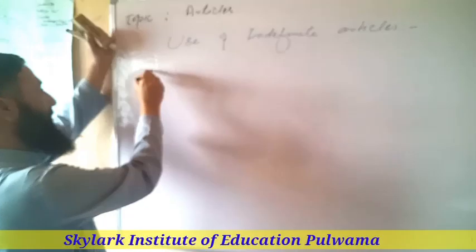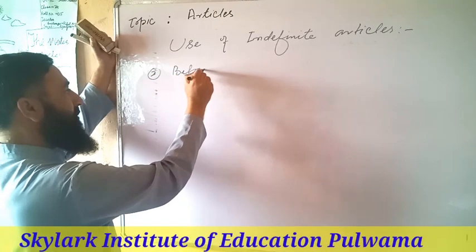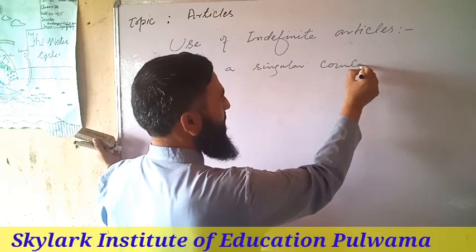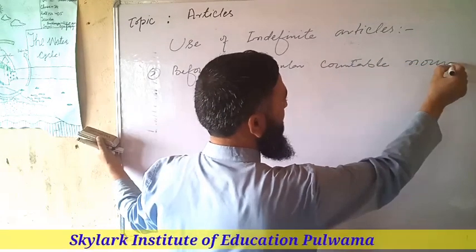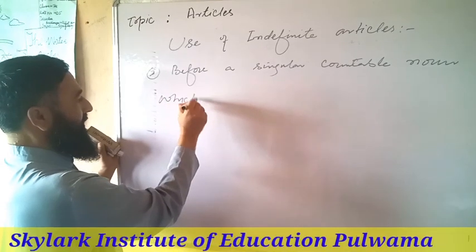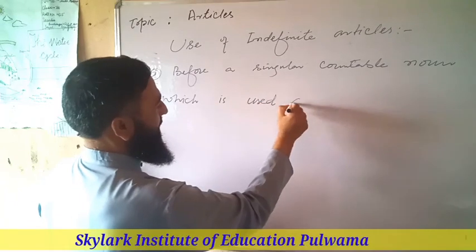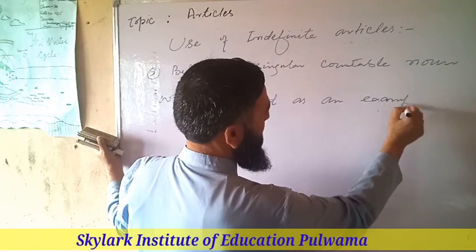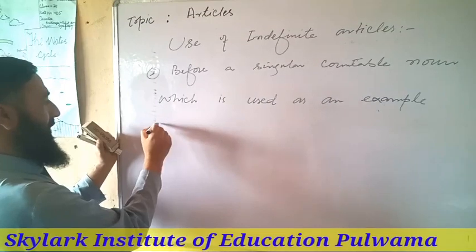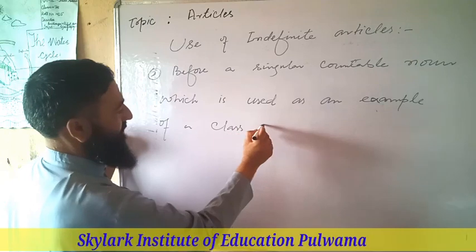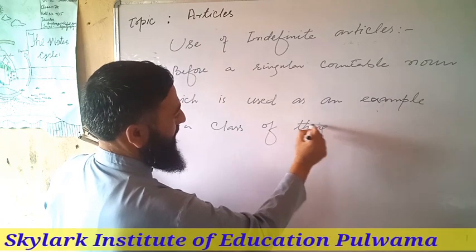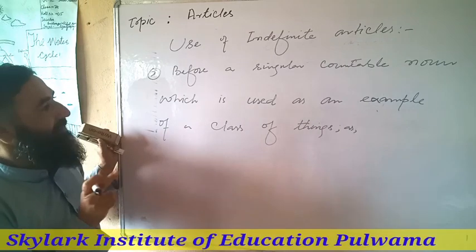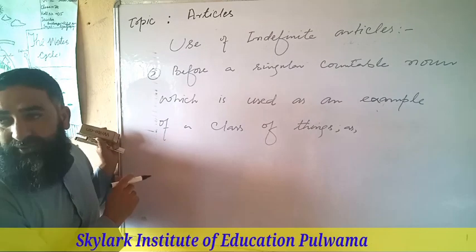So it is before a singular countable noun which is used as an example of a class of things. बेटा इसका दूसरा यूज है, बिफोर अ सिंगुलर काउंटेबल नाउन which is used as an example of a class of things. For example,